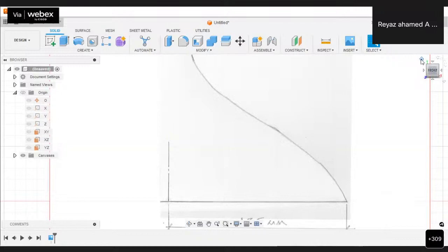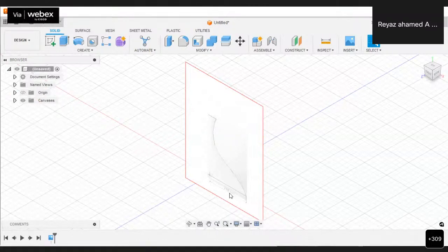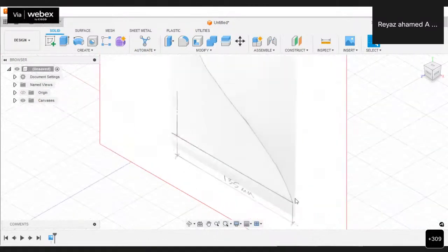And then just bring the view into home view. See our Fusion 360 model is there. And then we may proceed to the next. But actually here the bottom line distance is 135 mm. Whether after bringing the image into Fusion 360, it maintains the same 135 mm, surely it is not. We have to check whether the length is 135 mm or not. If it is not 135 mm, we have to make that into 135 mm.